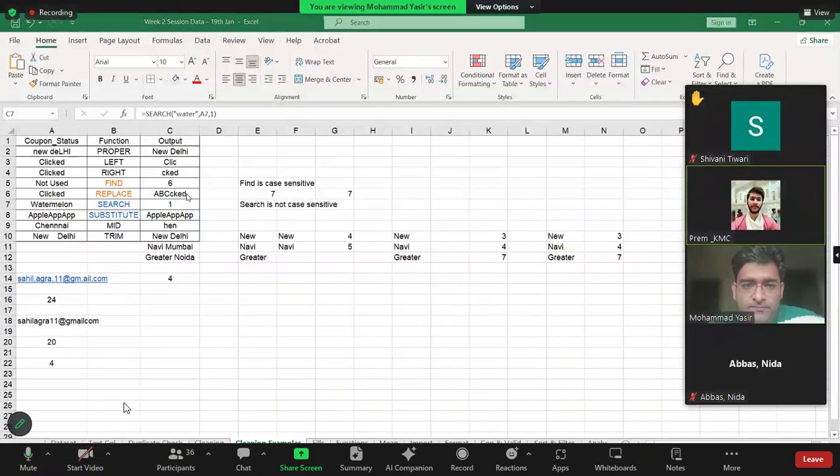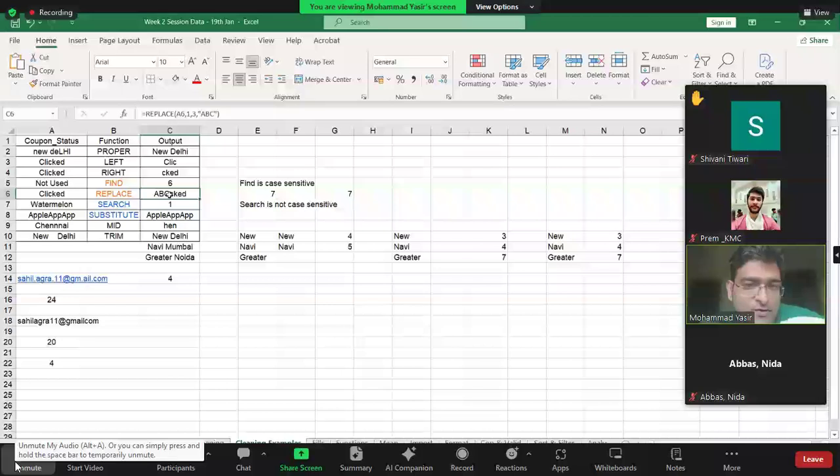And what if we don't know the position? Like if I want to change small ed to de in any particular string, then we have to use multiple functions. Like first we find and then replace. Very good question. Yes, we'll come to that in 2 minutes.